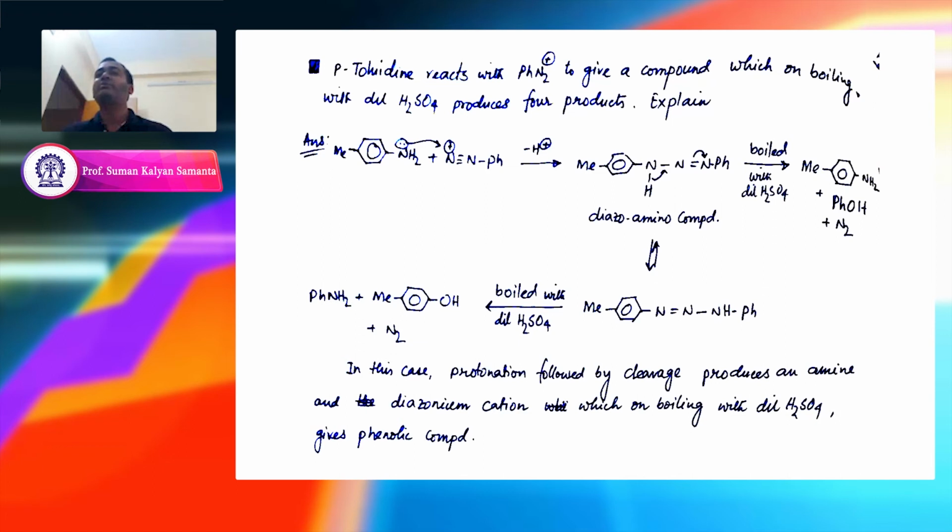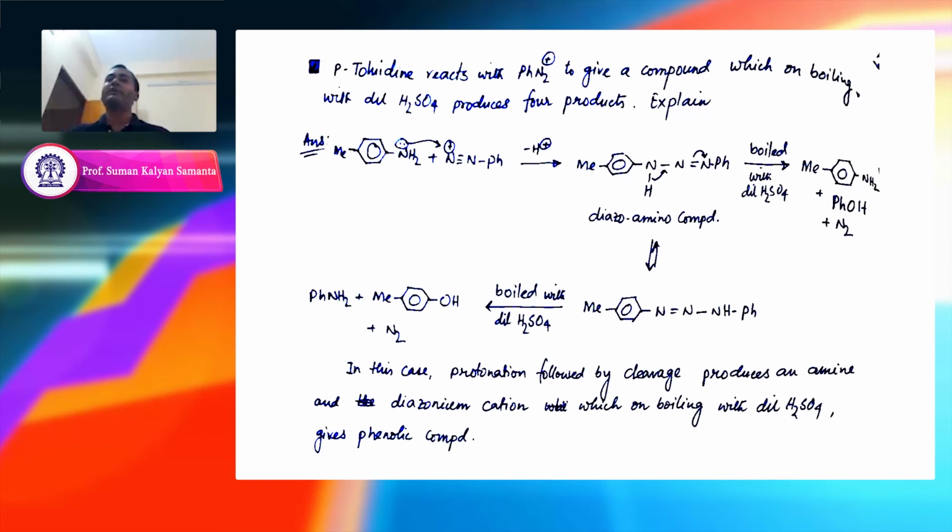And when the single bond in your diazoamino compound is here, close to your paratoluidine, then this bond will be broken. So you get the starting material back, that is your paratoluidine and your benzene diazonium salt. And now the benzene diazonium salt in presence of acid will be replaced with PhOH. So you get phenol and paratoluidine, and if it rearranges here, you get aniline and paracresol. So these are the 4 products. Of course, one is starting material, but you can consider that 4 components you are generating.